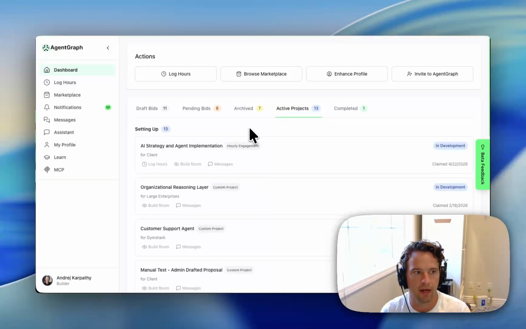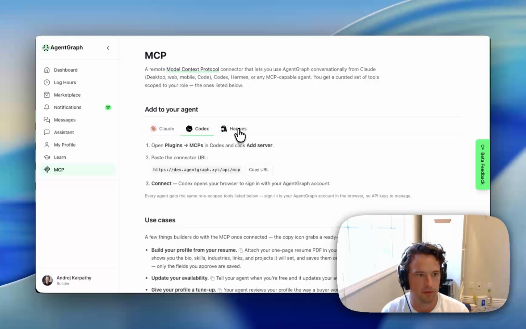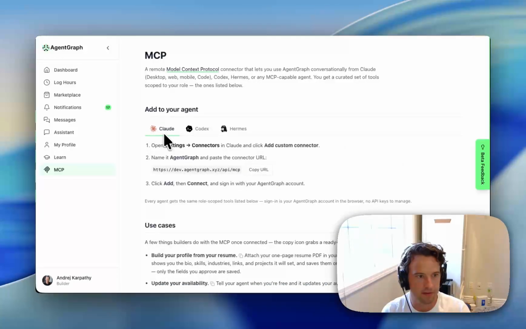So once you log into your account, you'll see an MCP area on the left nav. You can go ahead and click that. Here, you can click on which harness you want to add in. We're going to do Claude, and inside of Claude, you'll need to add this connector URL in order to get going. So go ahead and copy that URL, and then jump over to your Claude and go into the settings